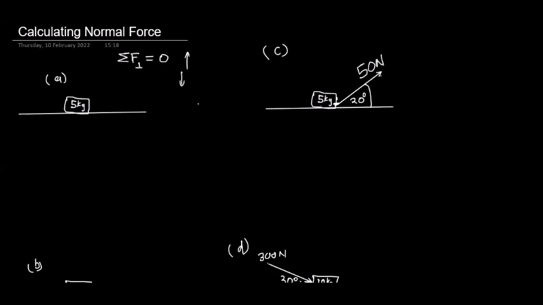So there's no perpendicular movement of the object, and that means F net